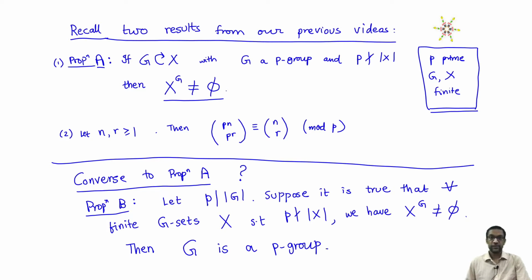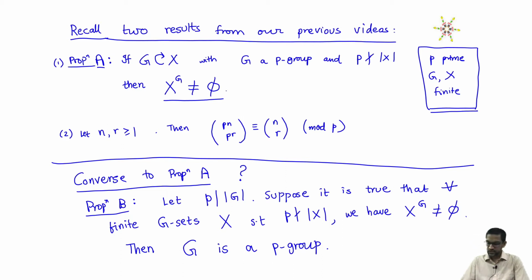Okay, so observe, if G is a P group, then proposition A says exactly this. I mean, it says that on every such set X whose cardinality is not divisible by P, the action of G will have fixed points. So we are asking the converse question. If we know this fixed point property of actions, then is it necessarily true that G is a P group? And for this, of course, I will assume that P divides the cardinality of G. That's the first main assumption. Okay,